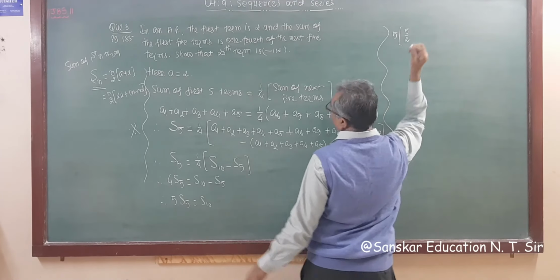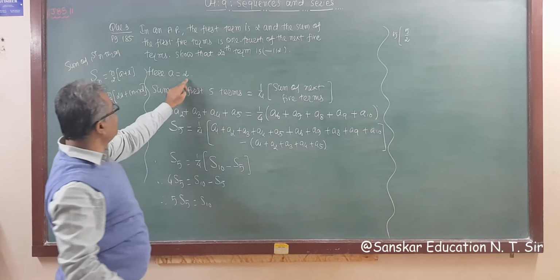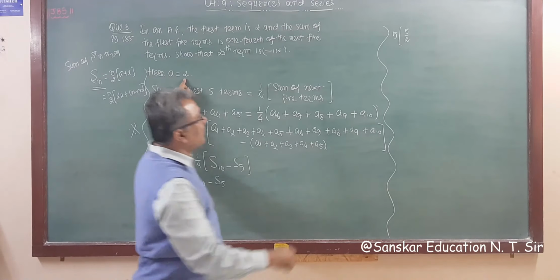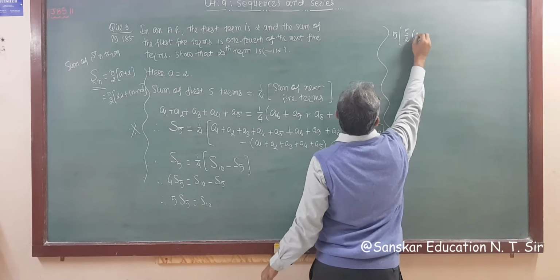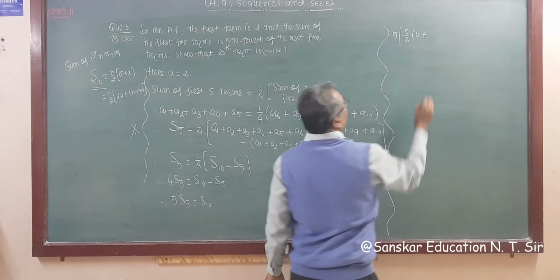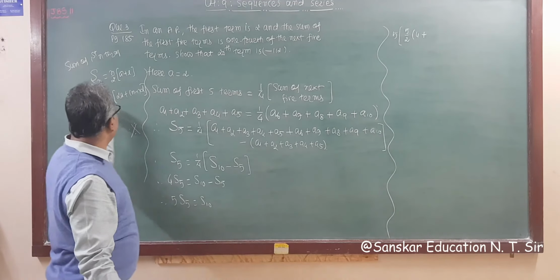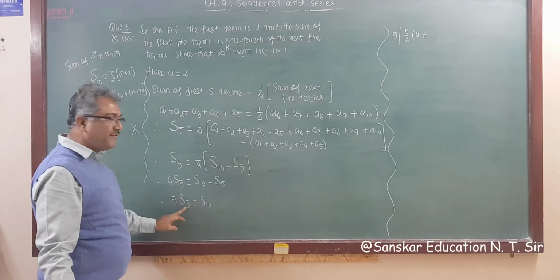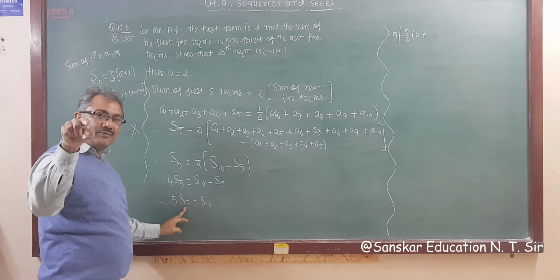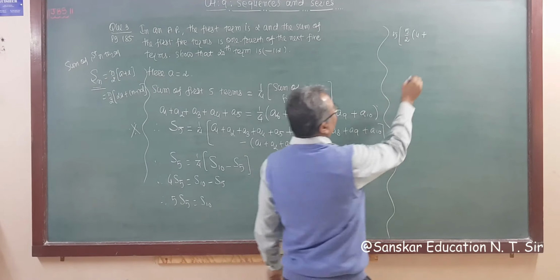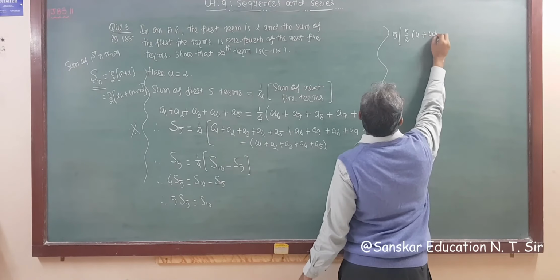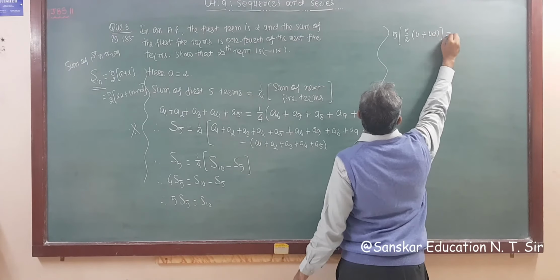This is 5 by 2. Twice a is 2, so 2 into 2 is 4, right? So 4 plus n minus 1, 1 less, b is 5, 5 minus 1 is 4, so the answer will be 4d. So this is 4d is equal to